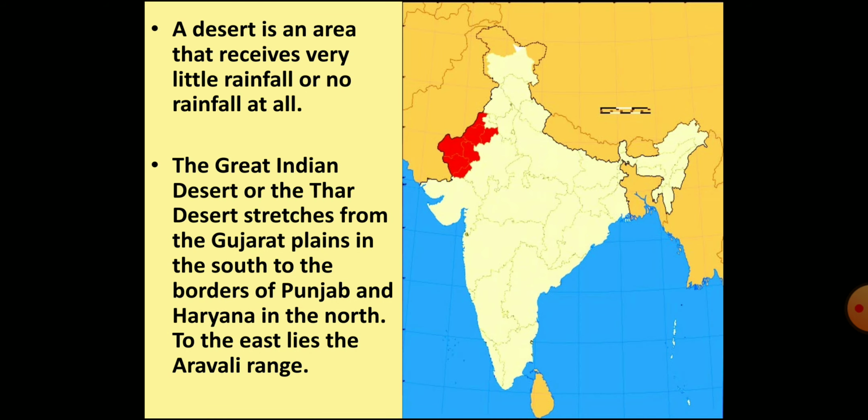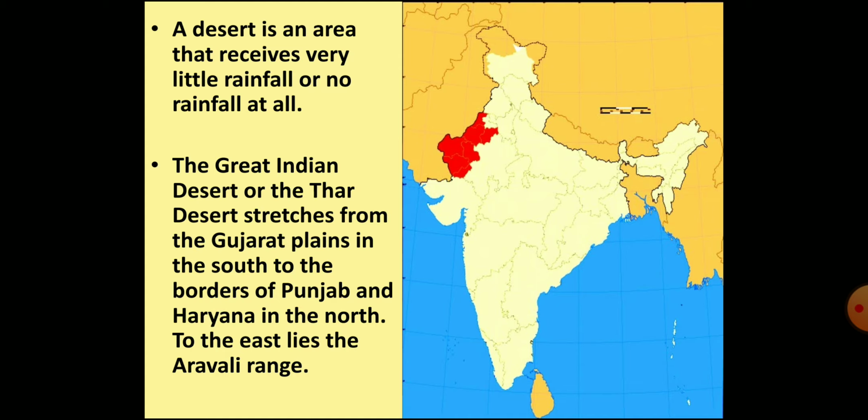But first of all, let's understand what is a desert. So children, a desert is an area of land that is very dry because it gets a very low amount of rainfall or no rainfall at all. And therefore, it has almost no water, trees or plants. In this chapter, we are learning about the Great Indian Desert, which is also known as the Thar Desert. That means Great Indian Desert and Thar Desert are the names of the same place.